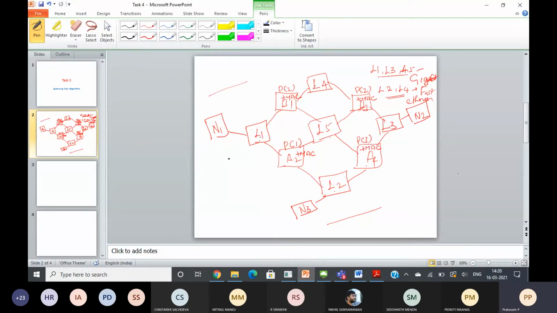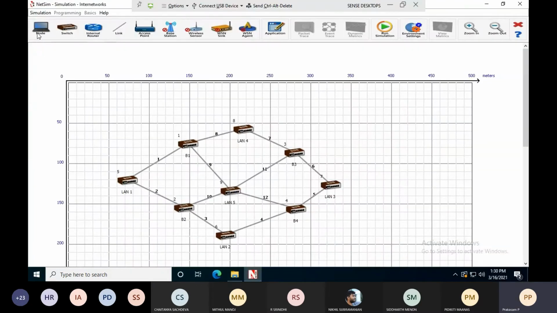Okay. So next we have to connect the nodes. Node 1, node 2, node 3. Node 1 at L1, node 2 at L3, node 3 at L4. So select node, wired node. Just connect it. Select wired link.